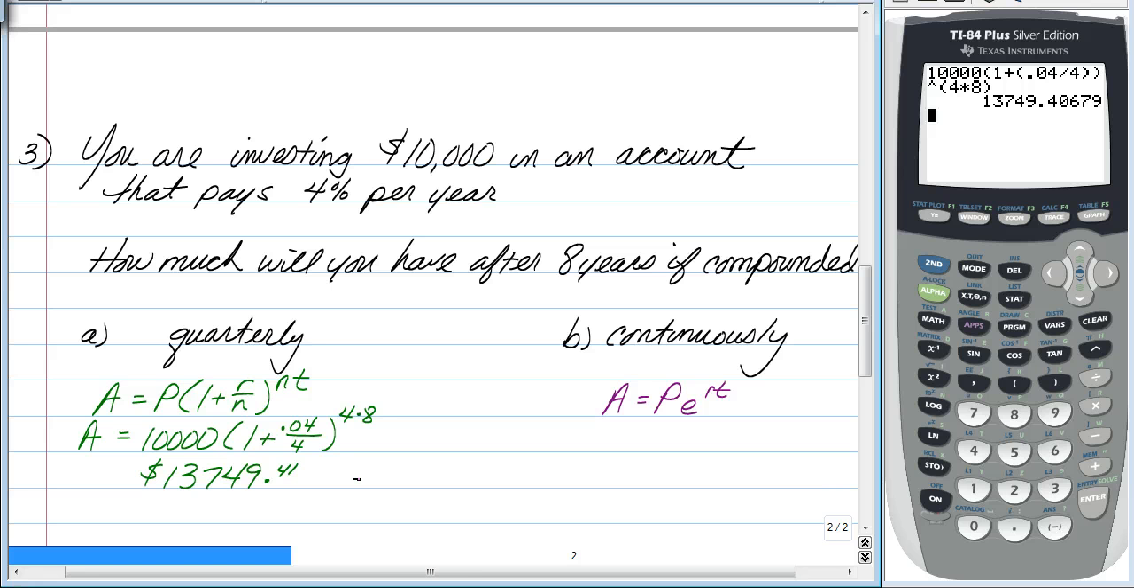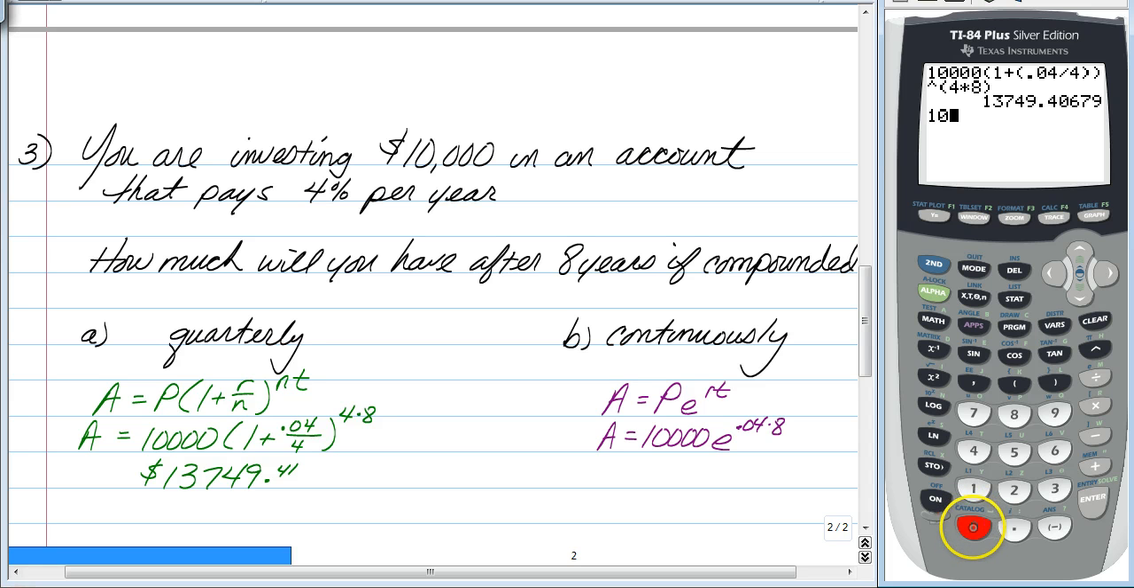So what would be the difference if we did it continuously? So continuously, it's the same setup. Your amount is equal to your 10,000, but now instead of the 1 plus your rate over n, it's just e raised to the rt. So your 0.04 times 8. So that's what you're going to type in, 10,000